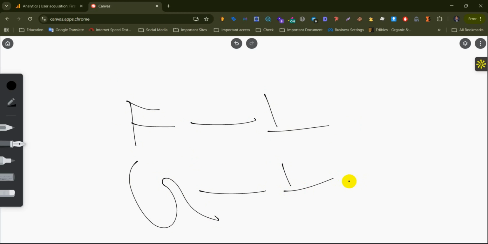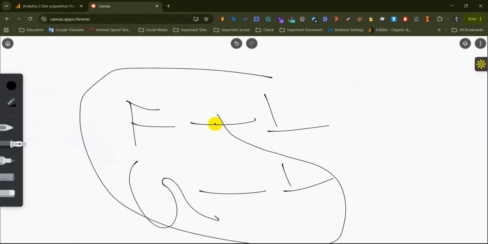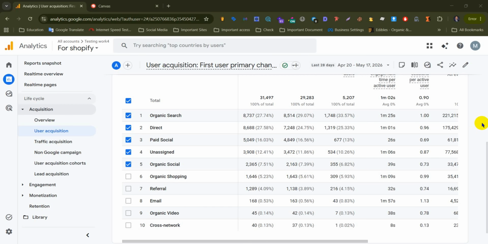So, according to the user acquisition, this user's source will be Facebook. In a simple way, if I explain to you, the user acquisition records all of the users' sources according to the first one they used to come to your site. Now look at this chart. Through organic search, how many users have come to your site in a certain period. Even if they return later through another channel, they will still be counted under organic search in the user acquisition